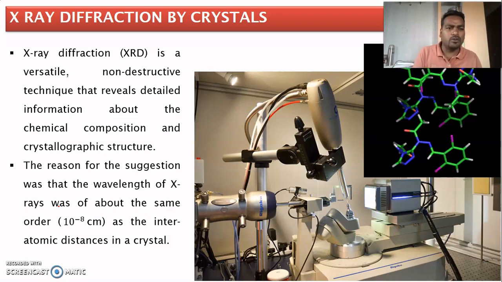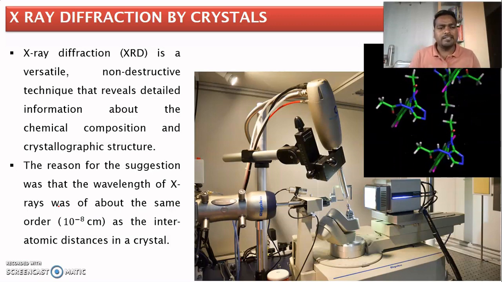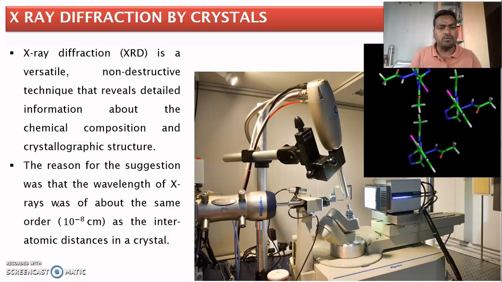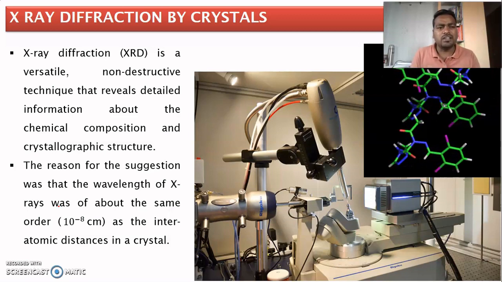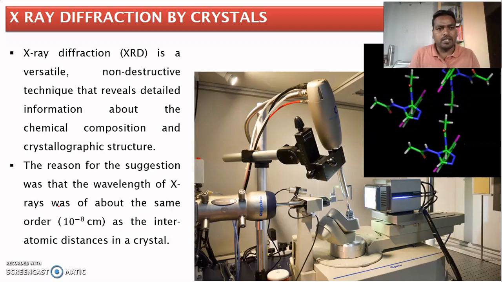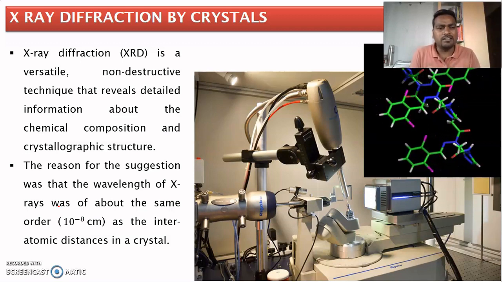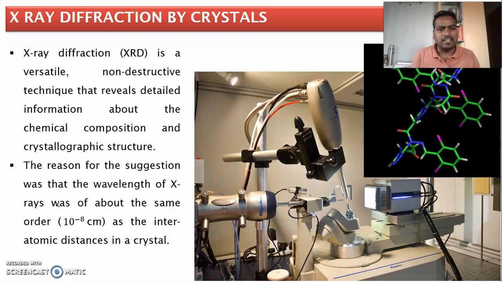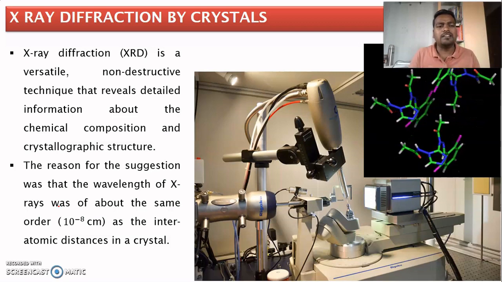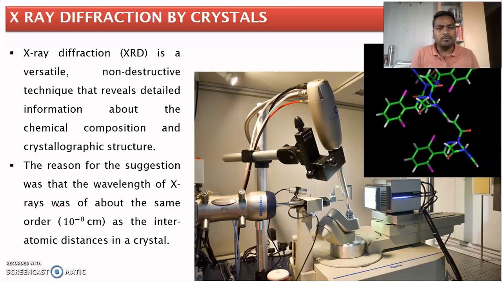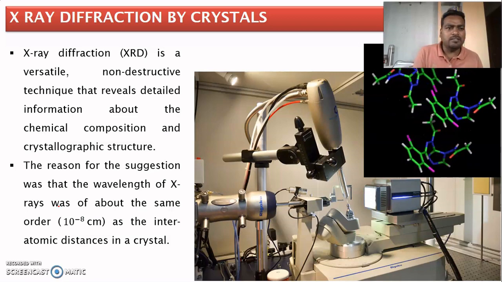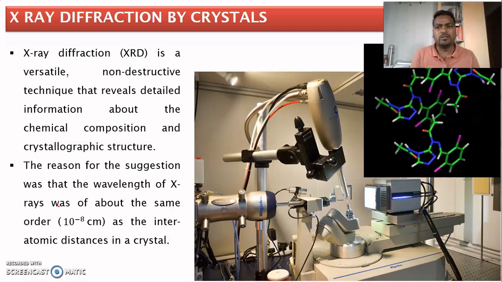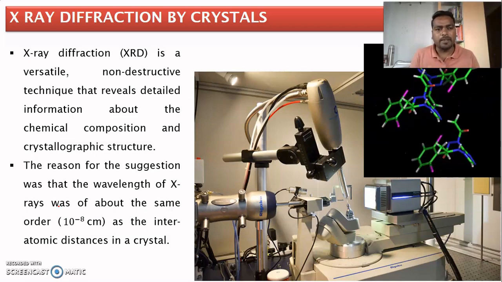Diffraction: why is it called a diffractometer? When you pass X-ray radiation through this crystal, diffraction takes place. That means the bending of light around the edges of an obstacle is called diffraction. And the substance which causes diffraction is called a diffraction grating. Here the single crystalline substance acts as the diffraction grating material, through which the light passes and bends around the obstacles. This is called diffraction grating.